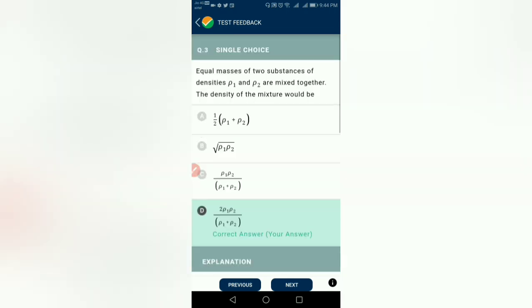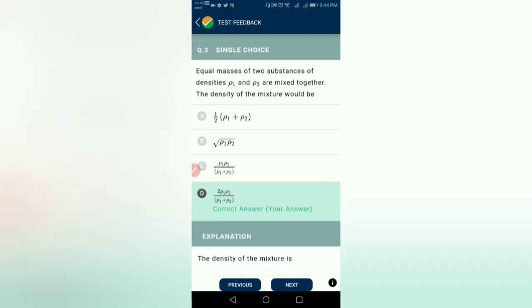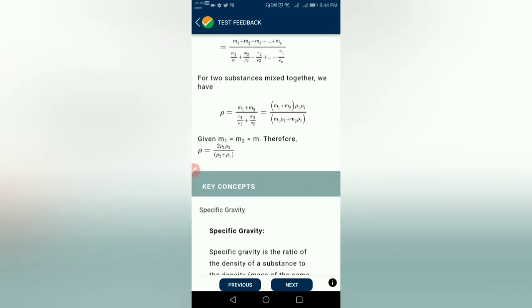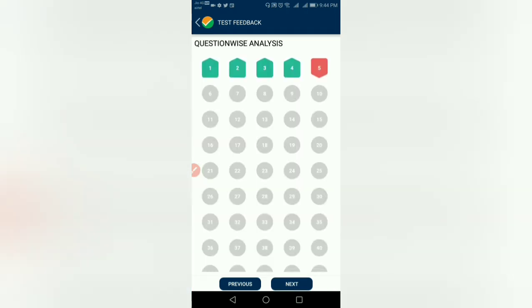Now you can see the third question, see. D is the correct answer, and my answer is also correct. Without knowing this answer, I have corrected this. Fine. My assumption is good. Right? Like this. Now I'll go back to chemistry.